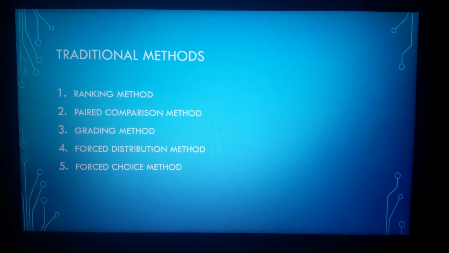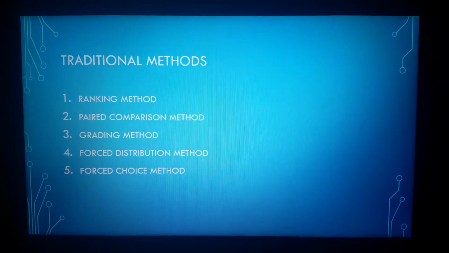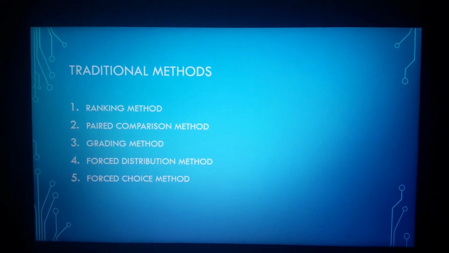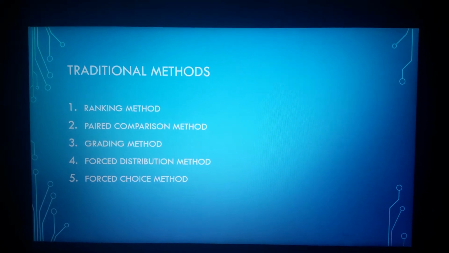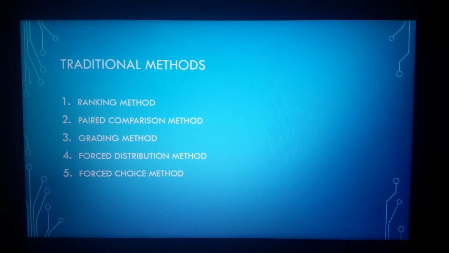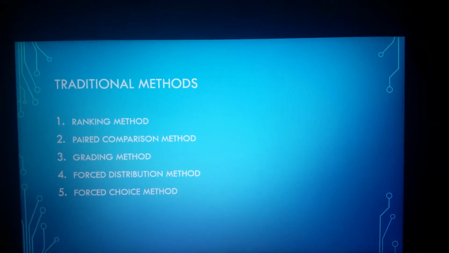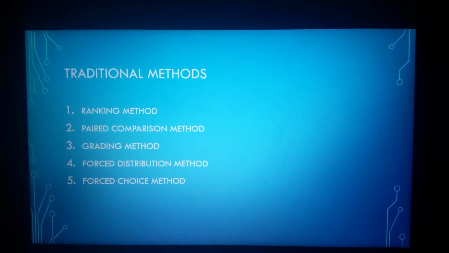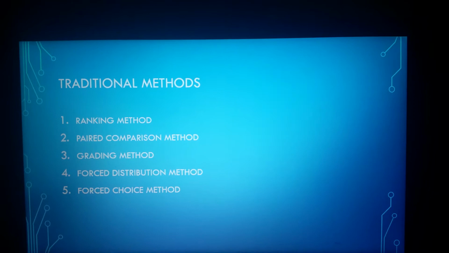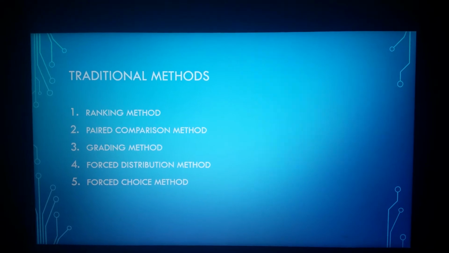Let's take an example: there are 30 employees in an organization. In that case, the performance of all the 30 employees is measured, and then all the 30 employees are ranked, which means ranks are given from first rank till the 30th rank. Now, this method is, like I said, one of the oldest methods of performance appraisal. However, it suffers from one major drawback, in the sense that though employees are ranked one after the other, it does not tell how much better or worse one employee's performance is compared to another.